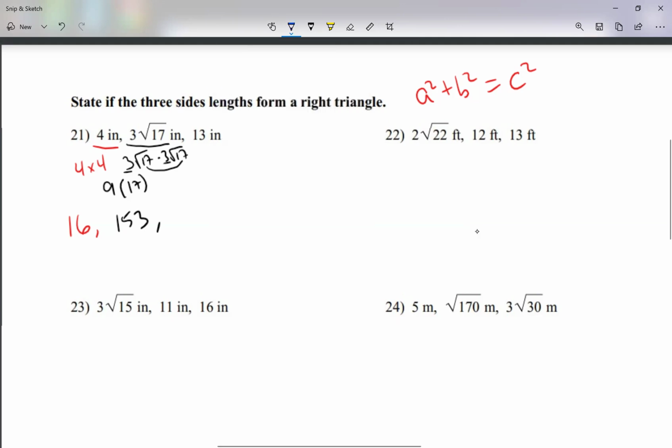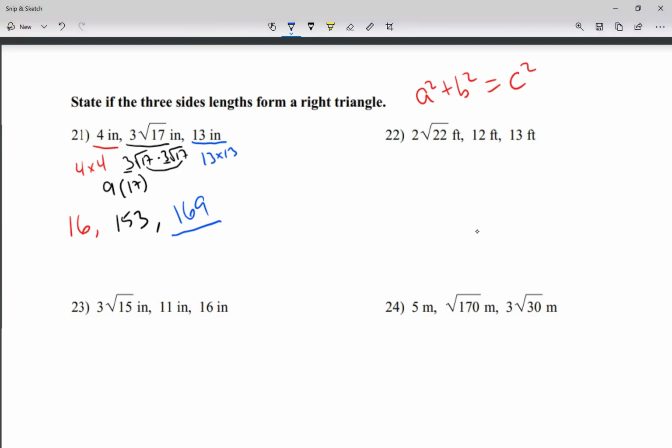All right, now my third number here is 13, right? I'm just going to go 13 times 13. A whole number, I'm just going to multiply by itself, so that's 169. Now, which one of these three is bigger? Well, 169, right? So that's my c squared. So what I'm going to do now,